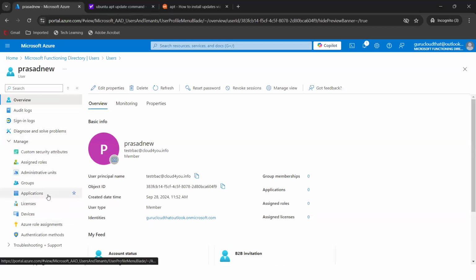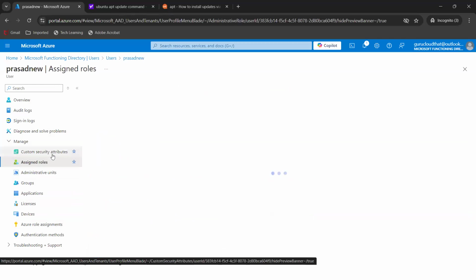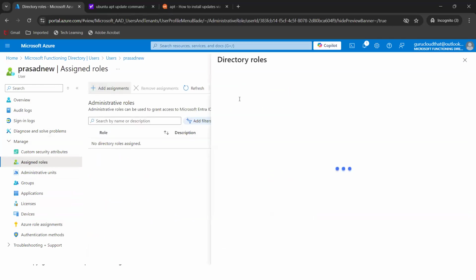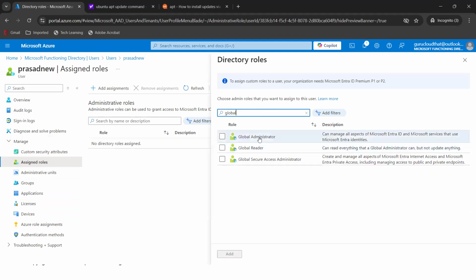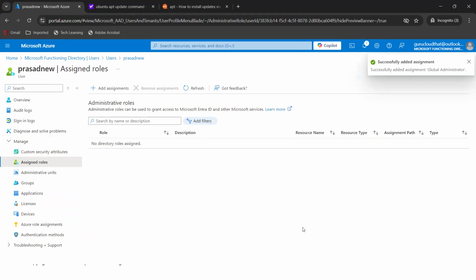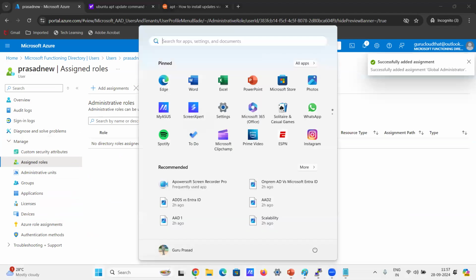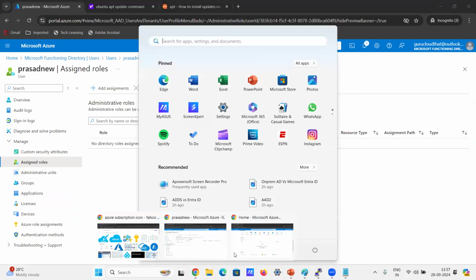Manage assigned role, add an assignment. So basically you should not do this. Since I'm doing it here because I'm just showing what happens if he is the administrator, right? So he can take care of